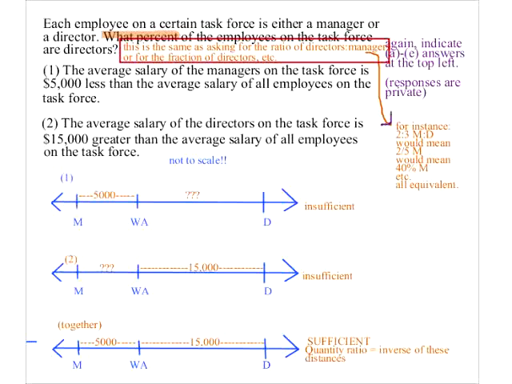So number of directors to number of managers is the ratio of managers to directors on the number line. That's 1 to 3. So, yeah, the number of them is independent of what they're paid. That's correct. But when you have this sort of situation, the way to think about this intuitively is,